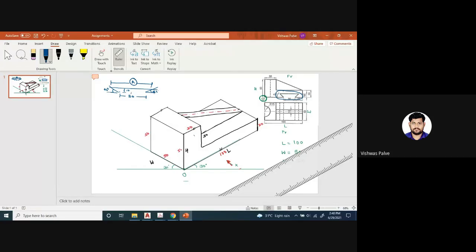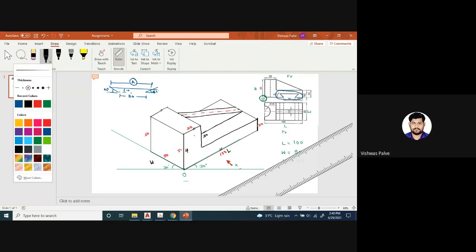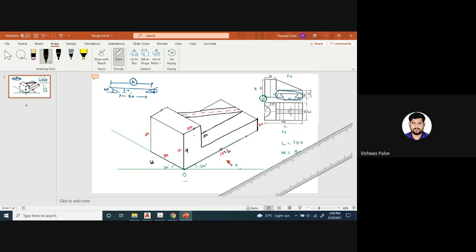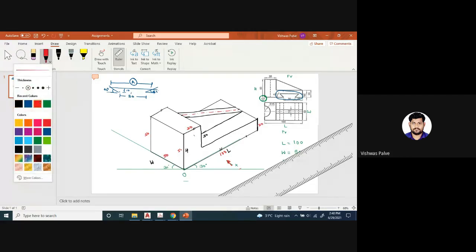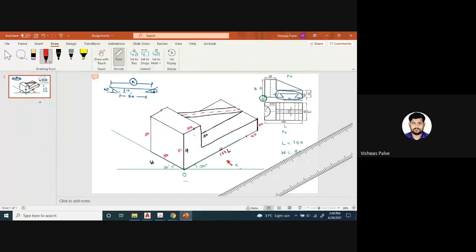When you redraw this portion, with the help of the drawing you can easily measure this distance. Now let us transfer those points onto the actual drawing. Here, take the 20 millimeter distance first, which is given in the question: 20 millimeter from this point to this point. Then from that point, the total distance is 30 millimeter, so I will get the 30 millimeter distance here. I will get 2 points. These are the 2 points. You don't have to highlight those points, I am doing that just for understanding.